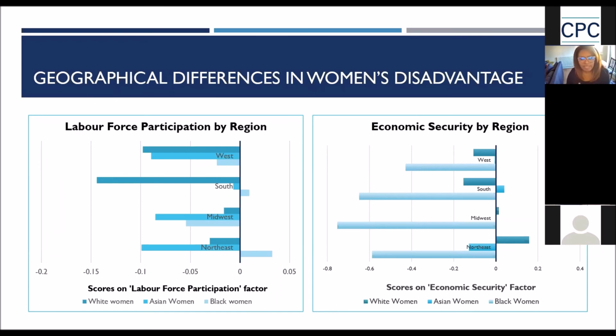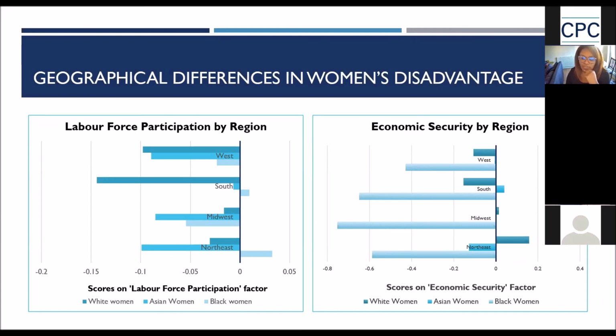Granted, there may be a lower concentration of Black women in the Midwest, but looking at the South, where there is a relatively high concentration of Black women, the scores in economic security are still fairly low, comparatively speaking, particularly when compared to white women who have above average scores in the Northeast